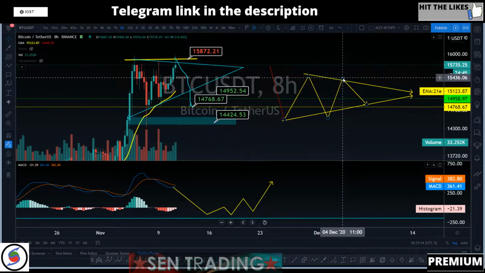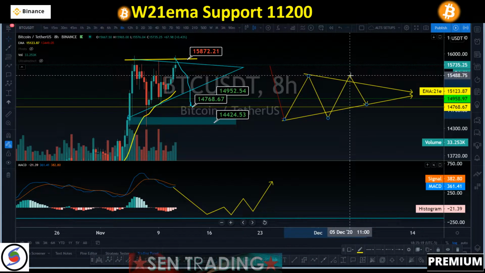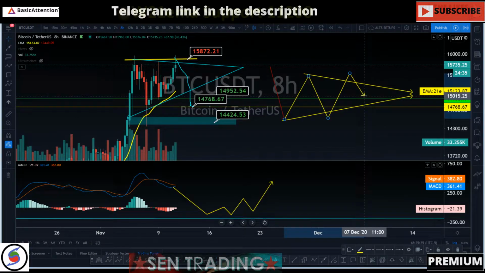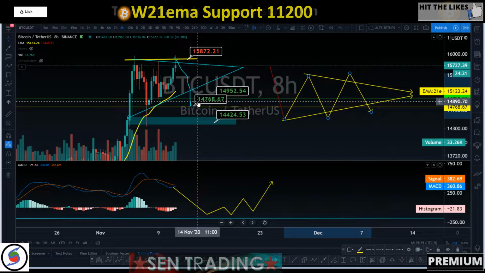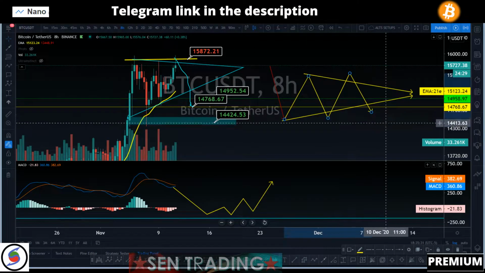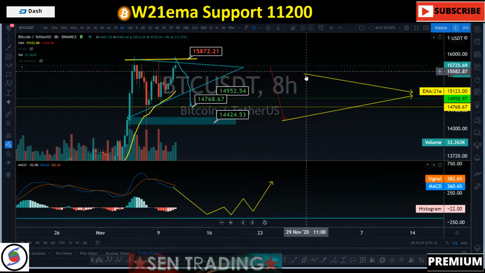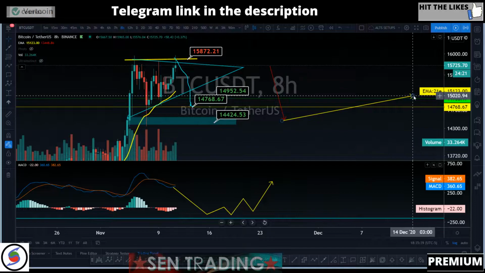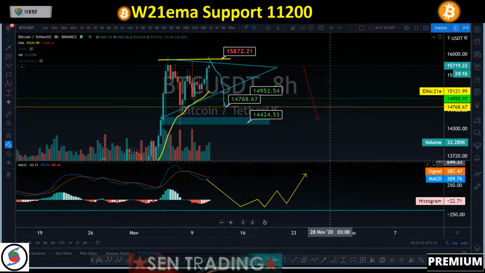So we're just about in this area, where sometimes you can get a wick to the upside. It is okay, it's not a big deal. But that's where we're at. So now we're looking for a possible rejection and a possible retest just about mid 14k to low 15k area. So we talked about all of this good stuff, and it is playing out perfectly as expected, right? But our MACD could give us a better indication, right?